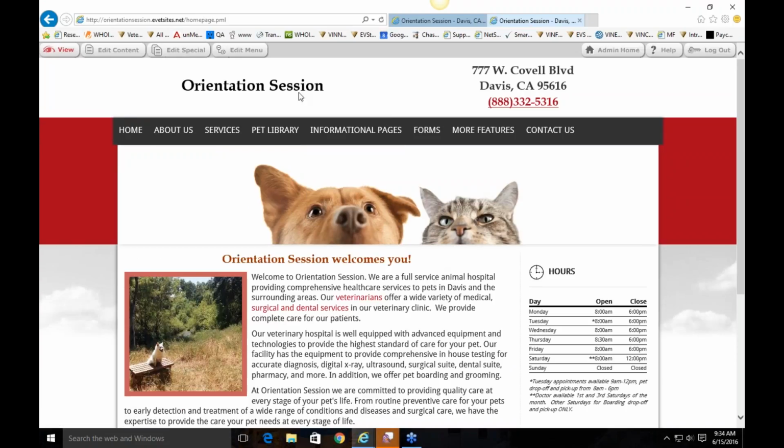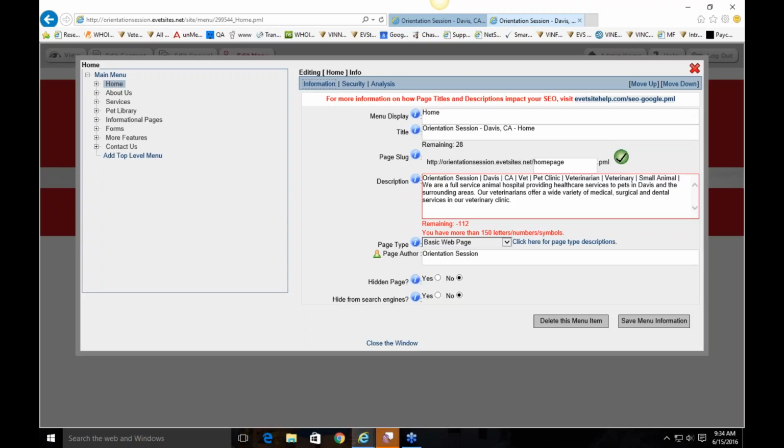So the last thing I want to go through is editing the menu. So that's going to be editing this section here. So if you wanted to add pages, move pages, or delete pages, you're going to do that all right here through Edit Menu. So you'll see here we have all of the top page menu items. So we have Home, About Us, Services, so on. And then if I expand that plus sign out, I'm going to see all of the pages that are underneath that particular topic. So under About Us, we have the staff page, hours page, and then we have a hidden